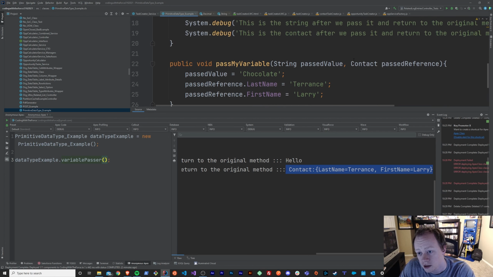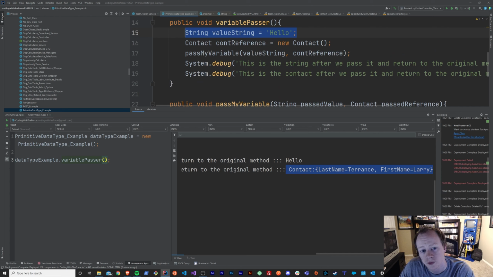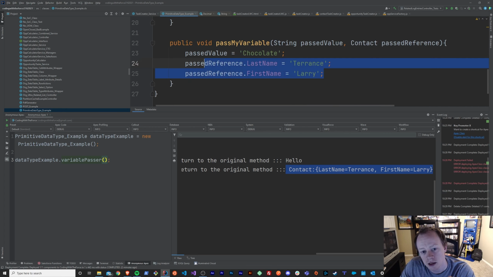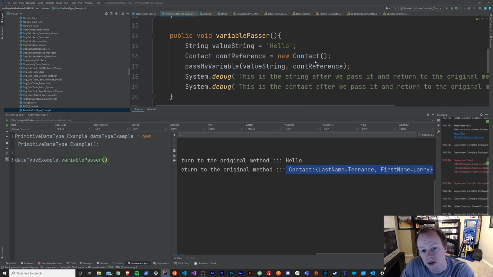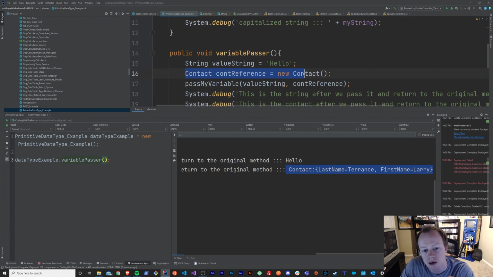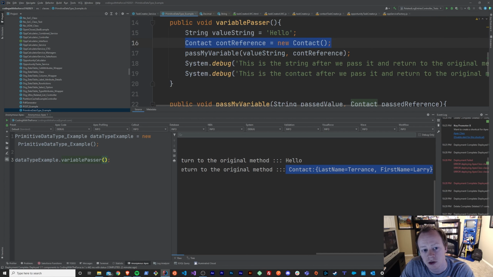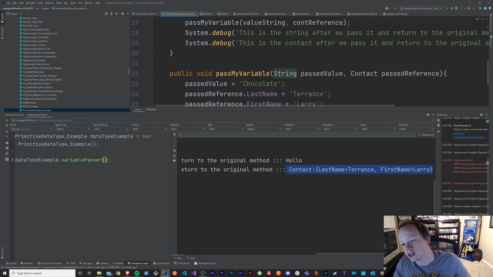On the other hand, if you're using a non-primitive variable, it passes it by reference of that variable. So you're basically passing, in a sense, a pointer that looks to this variable that exists here. And when you're down here in this other method, it's updating this same variable here, right? But it doesn't for primitive variable types. It's not updating it when you do that, which is very confusing